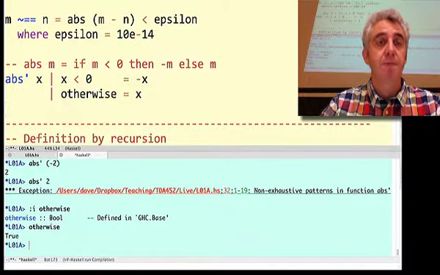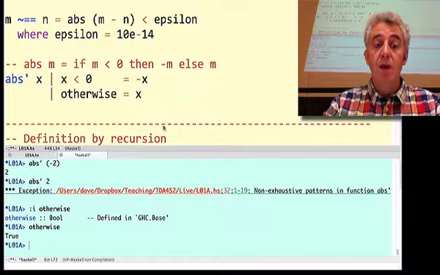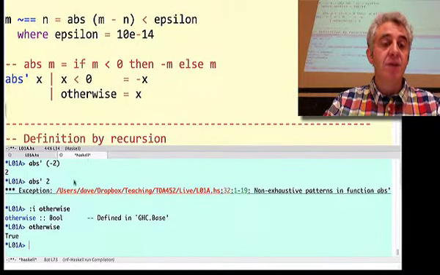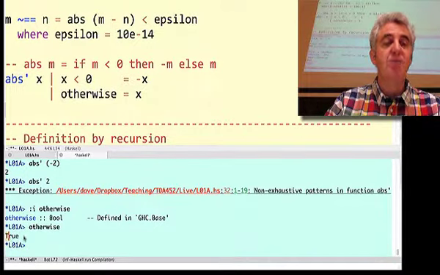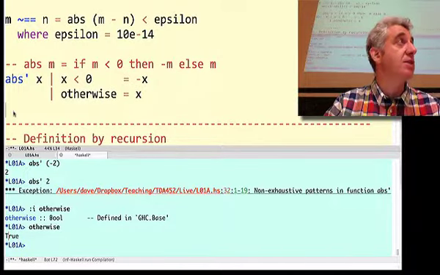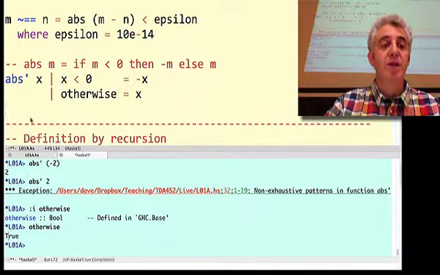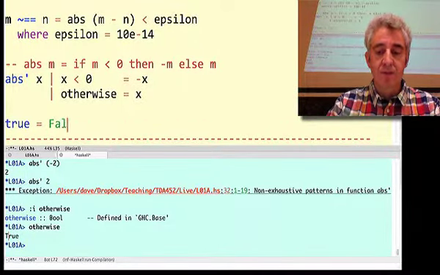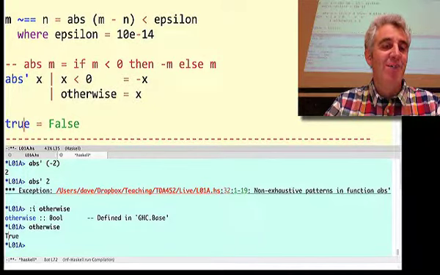So you can never define the variable true in the program, because it's always different. True is not a variable. True is a value. So what you notice about True is that it starts with a capital letter. I can't define constants or functions that begin with a capital letter. So it's case sensitive. So I can define true equals false, but I can't do this because it would be a syntax error.